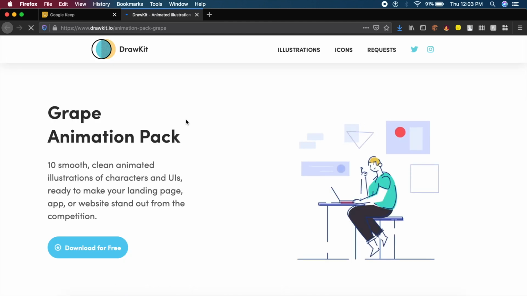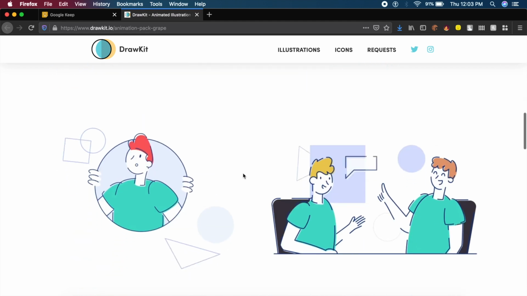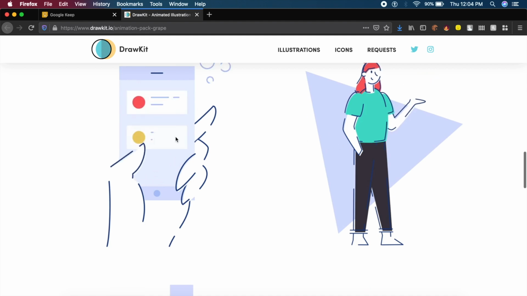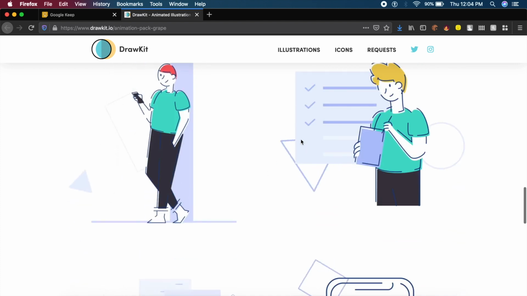A lot of these icons look as if they are working or moving in a 3D environment, which makes them look very unique. Now, this next set of animated illustrations is by Drawkit, and Drawkit is already a very trustworthy website. They have a lot of cool collections of illustrations and icons, and in this case, you can download an entire pack of 10 very smooth and very good looking animations for your website or your UI or app design. And as you can see, each one is based on a certain theme. There's a lot of consistency in the way these animations work with respect to the timing, the colors used, the style of illustrations used, and much more.